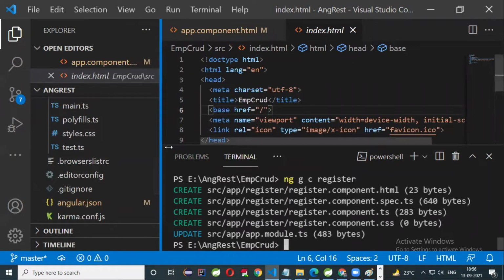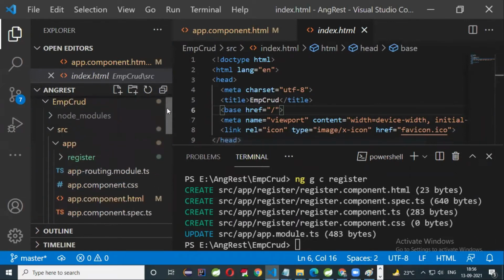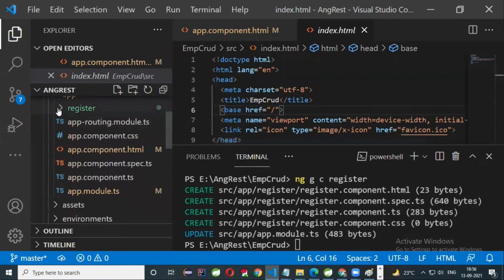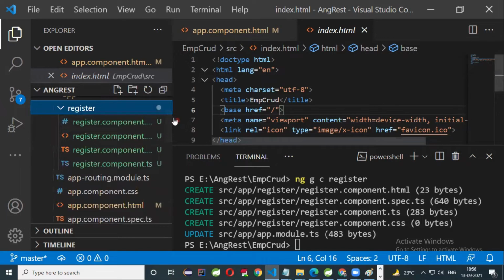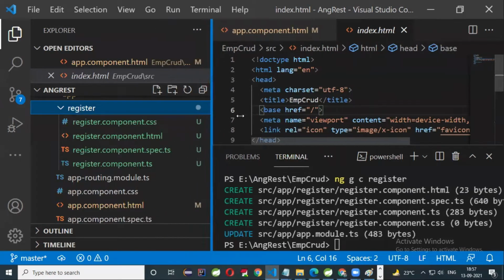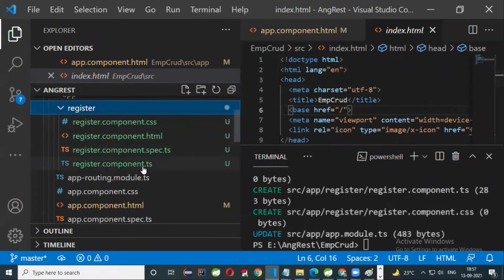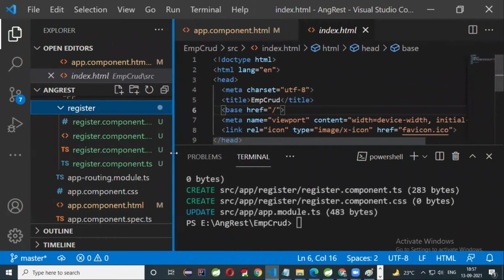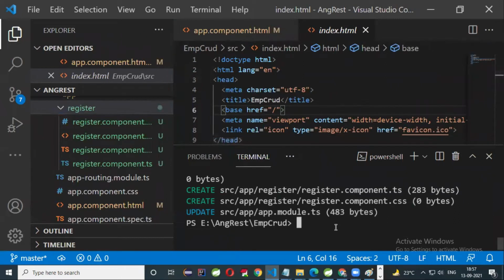Is it clear? Here, if you go to the top, you can see one component. Three files will come here: one is component.html, another is component.css, another is component.ts, and another is component.spec.ts. It is for doing unit testing in Angular. We'll write the code in the spec file later; for the time being, you can neglect that. And then you can create a service in Angular.